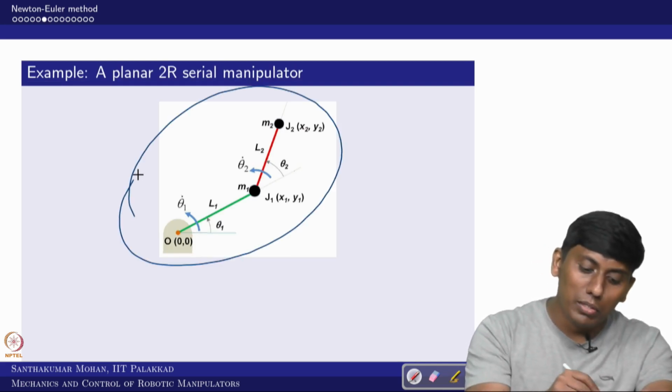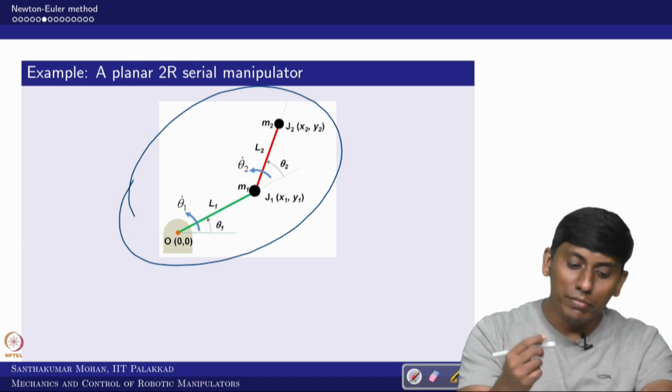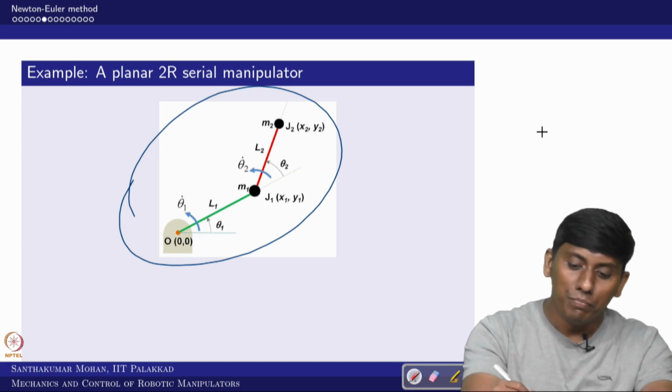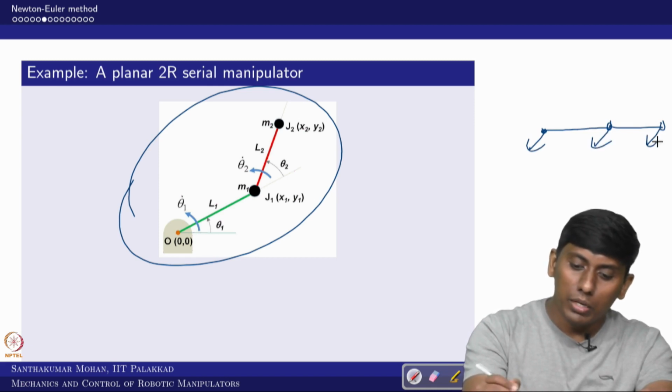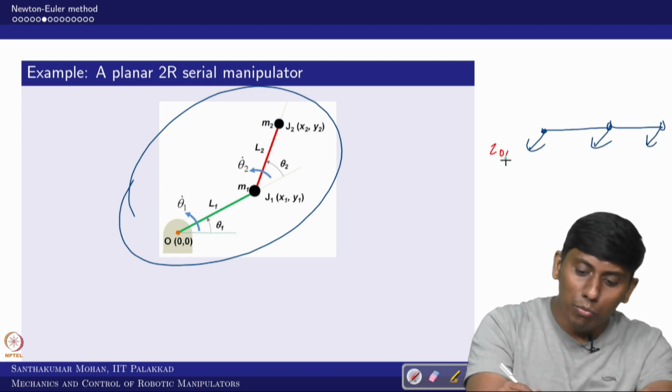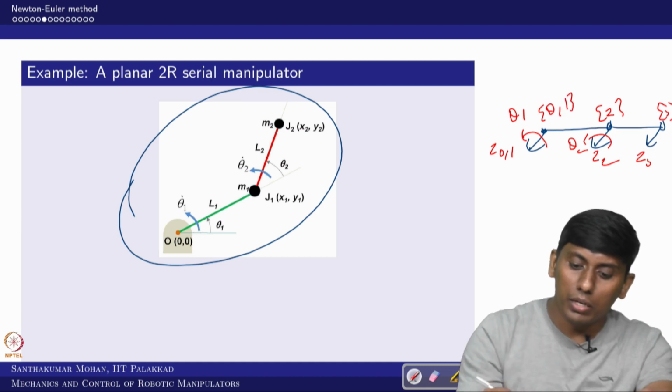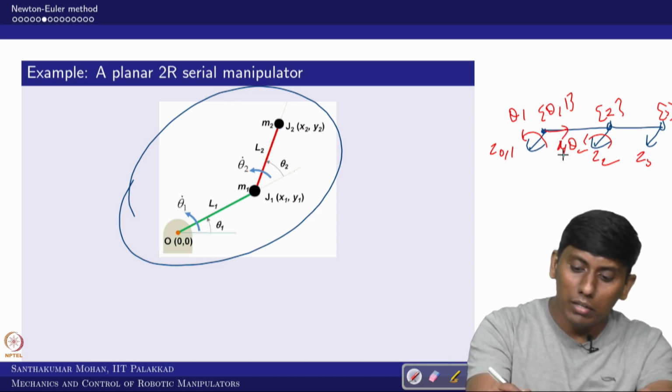For that we have taken the same picture which we showed in the previous lecture for Newton, Lagrangian Euler. The same thing we are using for Newton Euler also. Only thing, you have to fix the frame. So I assume this is the frame arrangement. This is Z0 and Z1, this is theta 1, and this is theta 2, this is Z2, and this is Z3. This is 2, and this is 3, and this is 0 and 1. Now you can see where the x-axis goes: this is x1 and x0, this is x2 and this is x3.